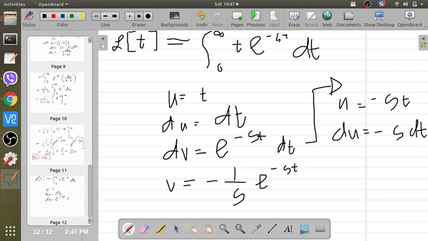So to find the value of dt, dt is equal to du over negative s. So from there, mahimo na siyang